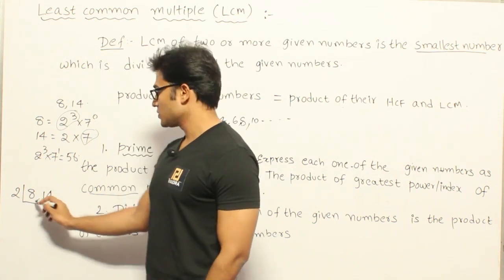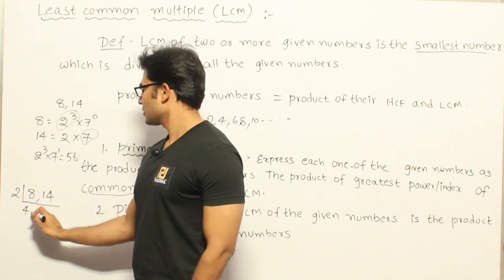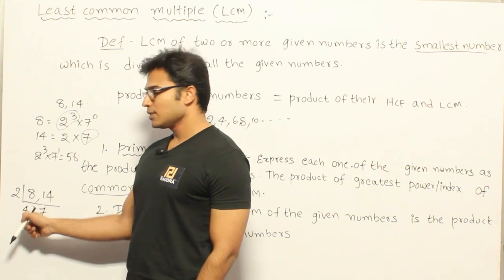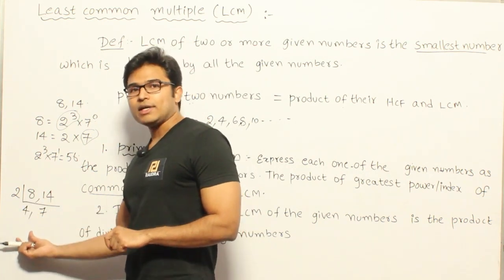Now what are the quotients? You write here, not the remainder, you have to write the quotient. So 2 4s are 8 and then 2 7s are 14. Now you keep taking the common factors and dividing them and keep going like this